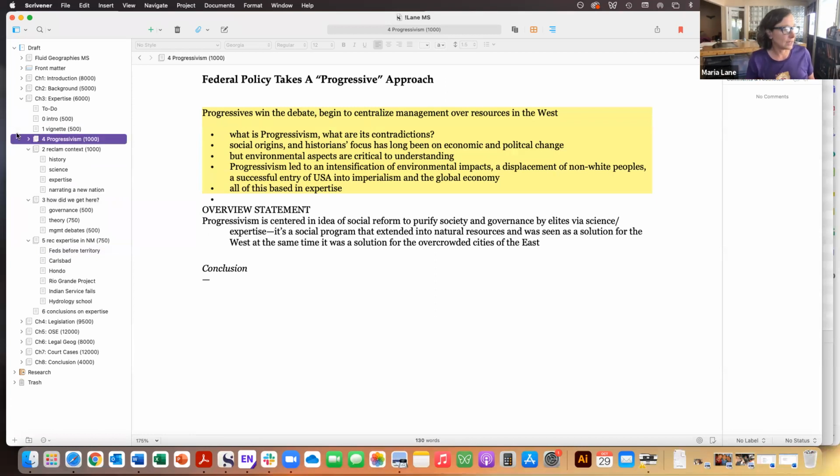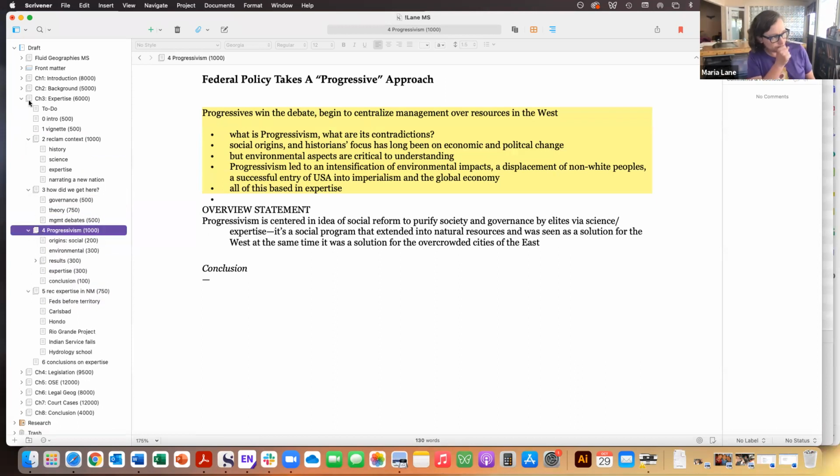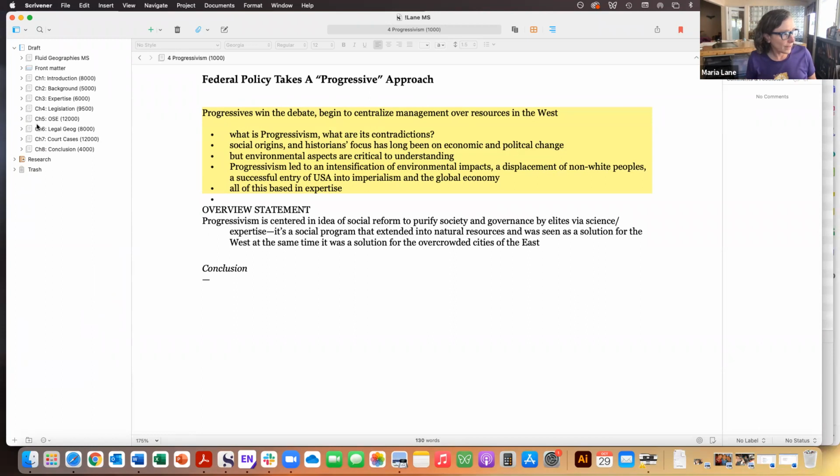You can move things around at any time. Any of these subsections are very easily moved. This chapter is pretty far along, so I'm not going to rearrange anything. So put that back where it was. All right. One note here. I'm just showing you this is all in that draft folder. I haven't shown you yet